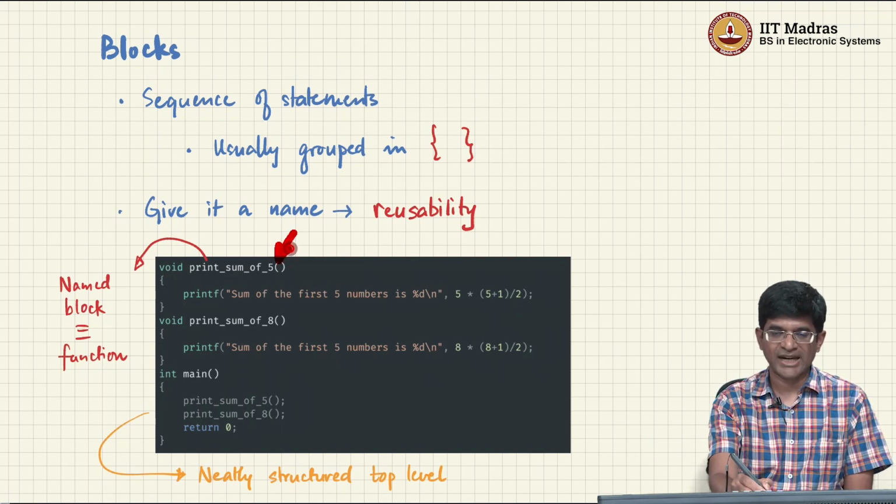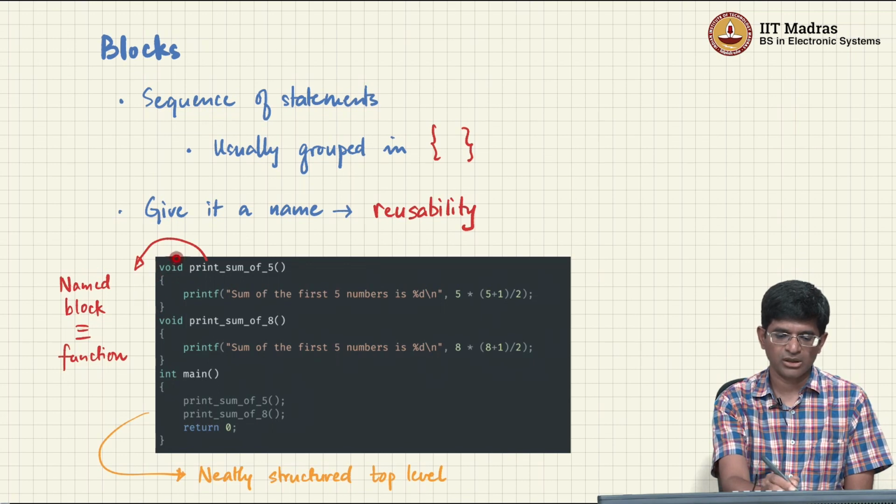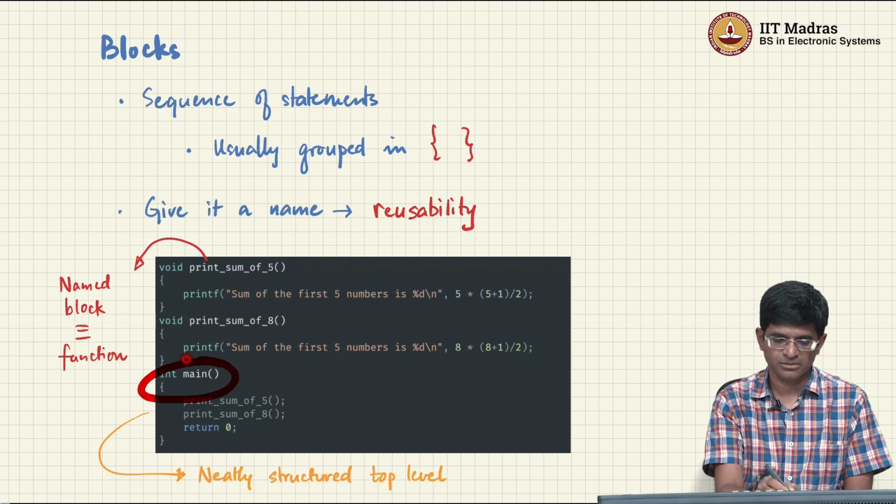These brackets over here, which we usually say parenthesis, right? So the round brackets are usually called parenthesis. The parentheses are empty, there is nothing inside them. So it basically says that this block of code does not take any parameters or arguments. Okay. So now what I have done is I have effectively created a block, I have given it a name, and what that means is inside my main function, the main part of my program, I can just refer to print sum of 5, I can then say print sum of 8 and I finally have a return value, because